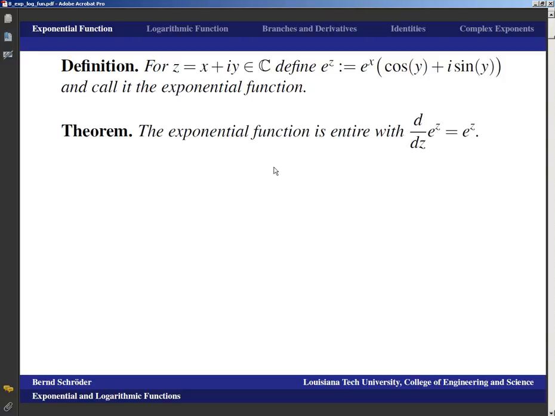The exponential function turns out to be an entire function, so it's differentiable in the whole complex plane, and the derivative is what we expect it to be from the real line. The derivative of the exponential function is the exponential function itself. To prove that, no surprises there, we